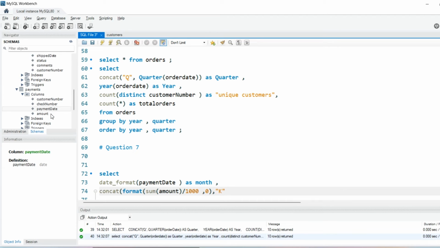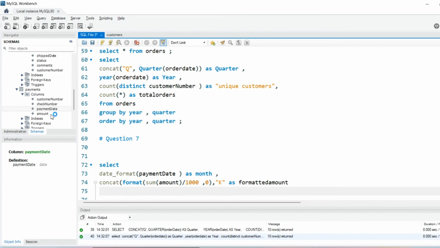If you want to show the amount in millions, you have to divide everything by 10 lakh. That's what we did. For the thousands we use a thousand. Okay, as a formatted amount, or sorry, from the payment table we want,